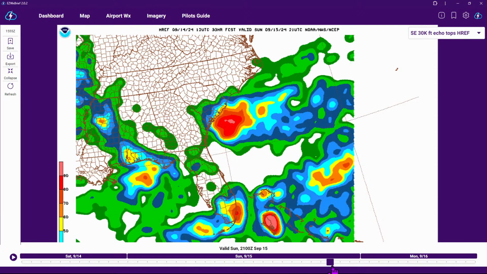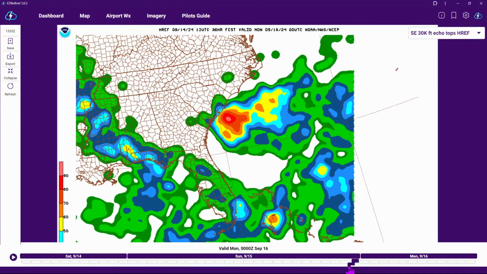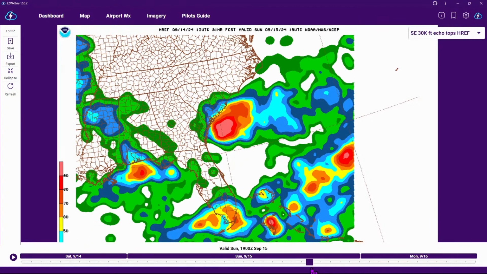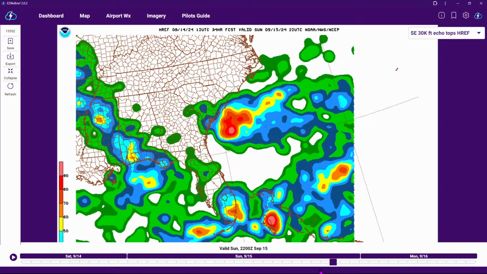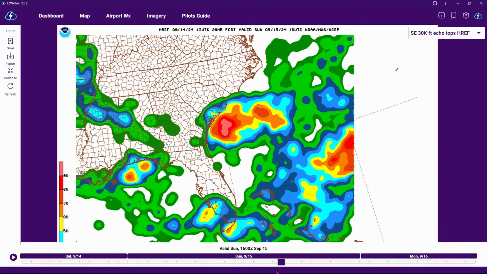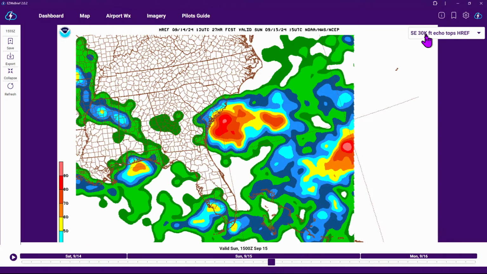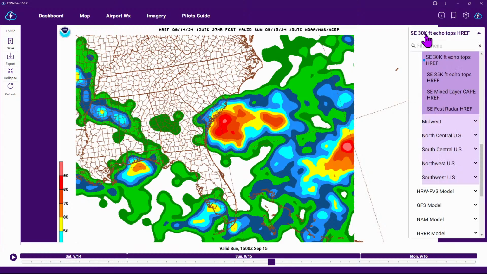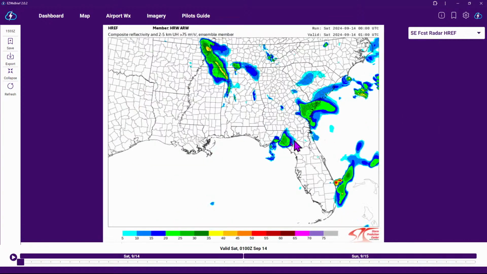So if you delay your trip a little bit, you might find a few cells that may develop in the afternoon, early evening for tomorrow that might be more problematic. But the general forecast here has all those tops well below the 30,000 foot level. And if we look at the forecast radar depiction, we'll be able to see how this is all expected